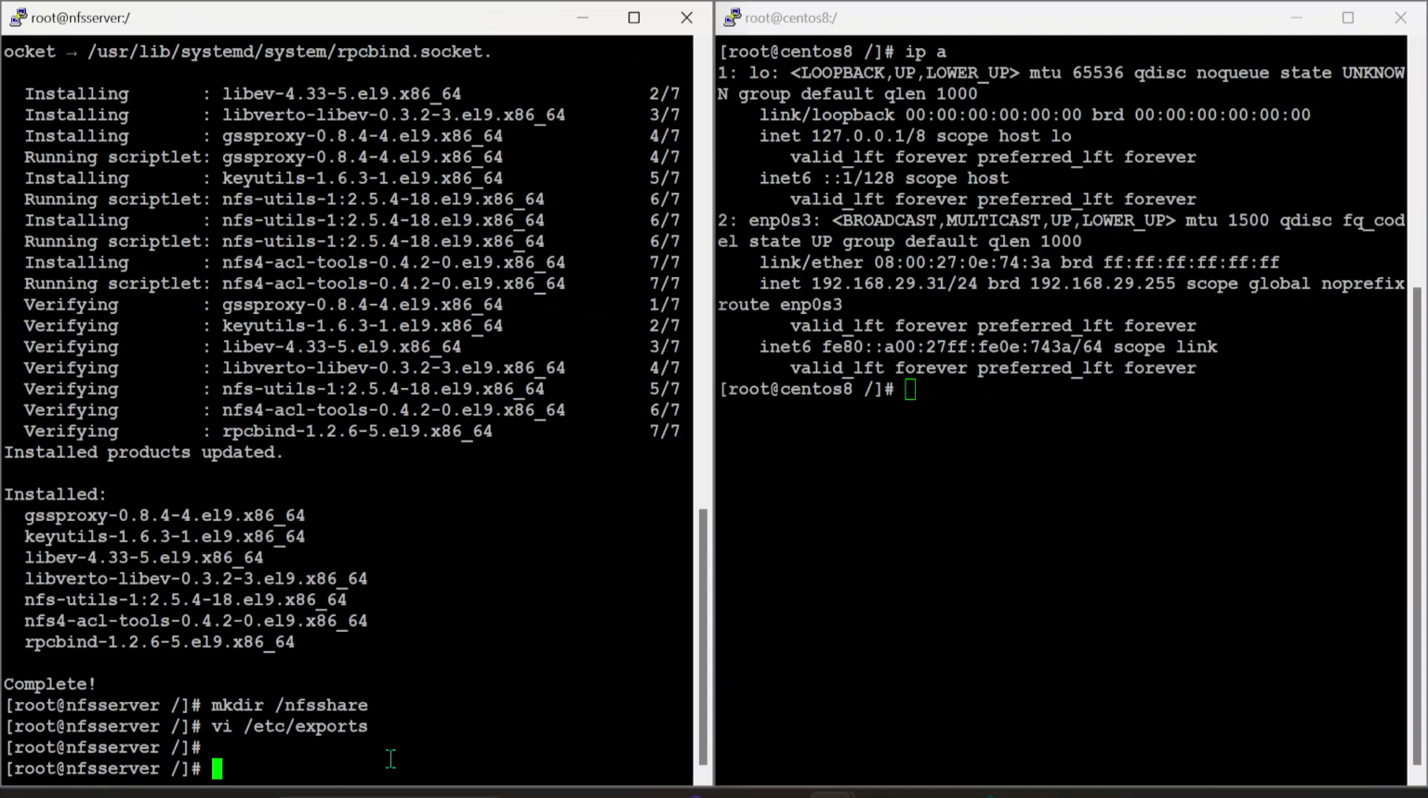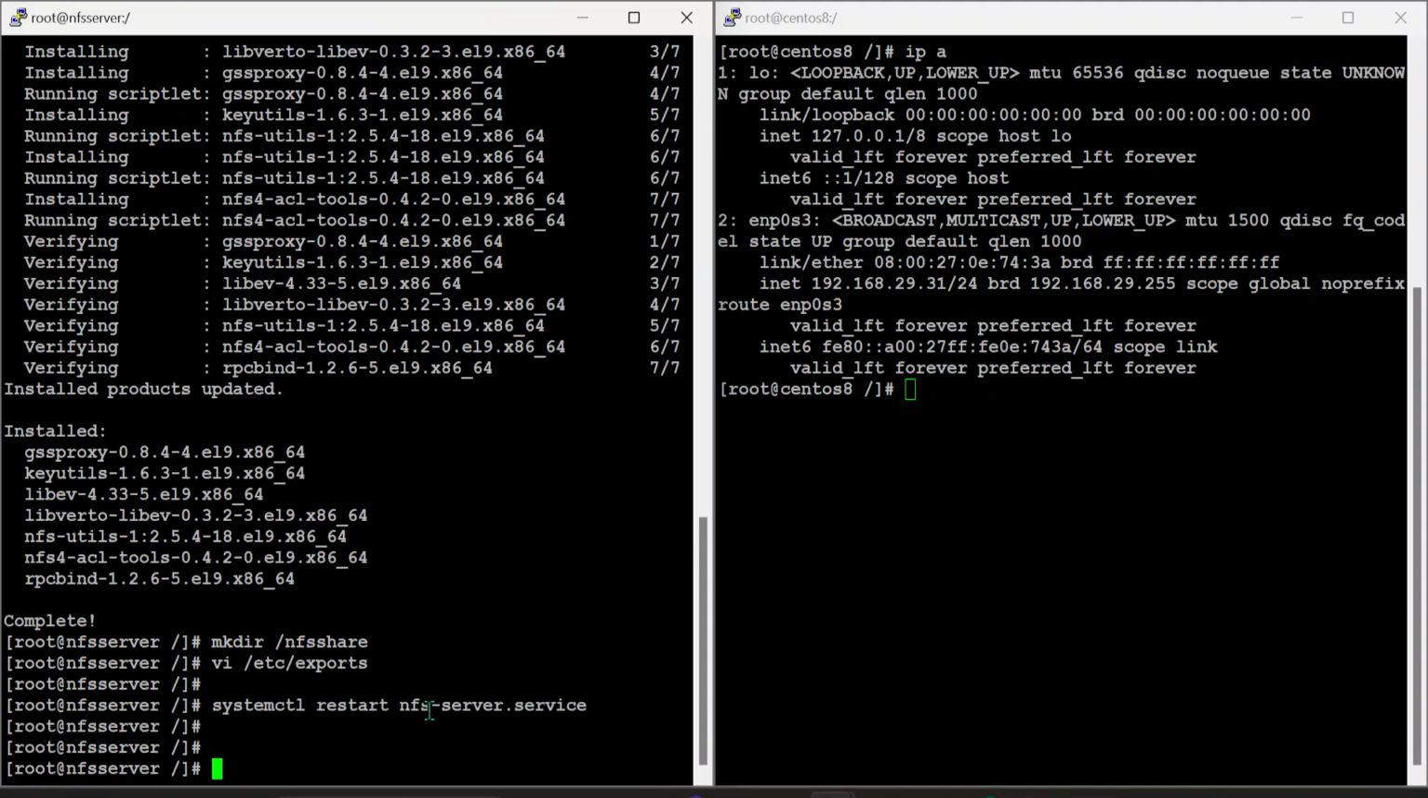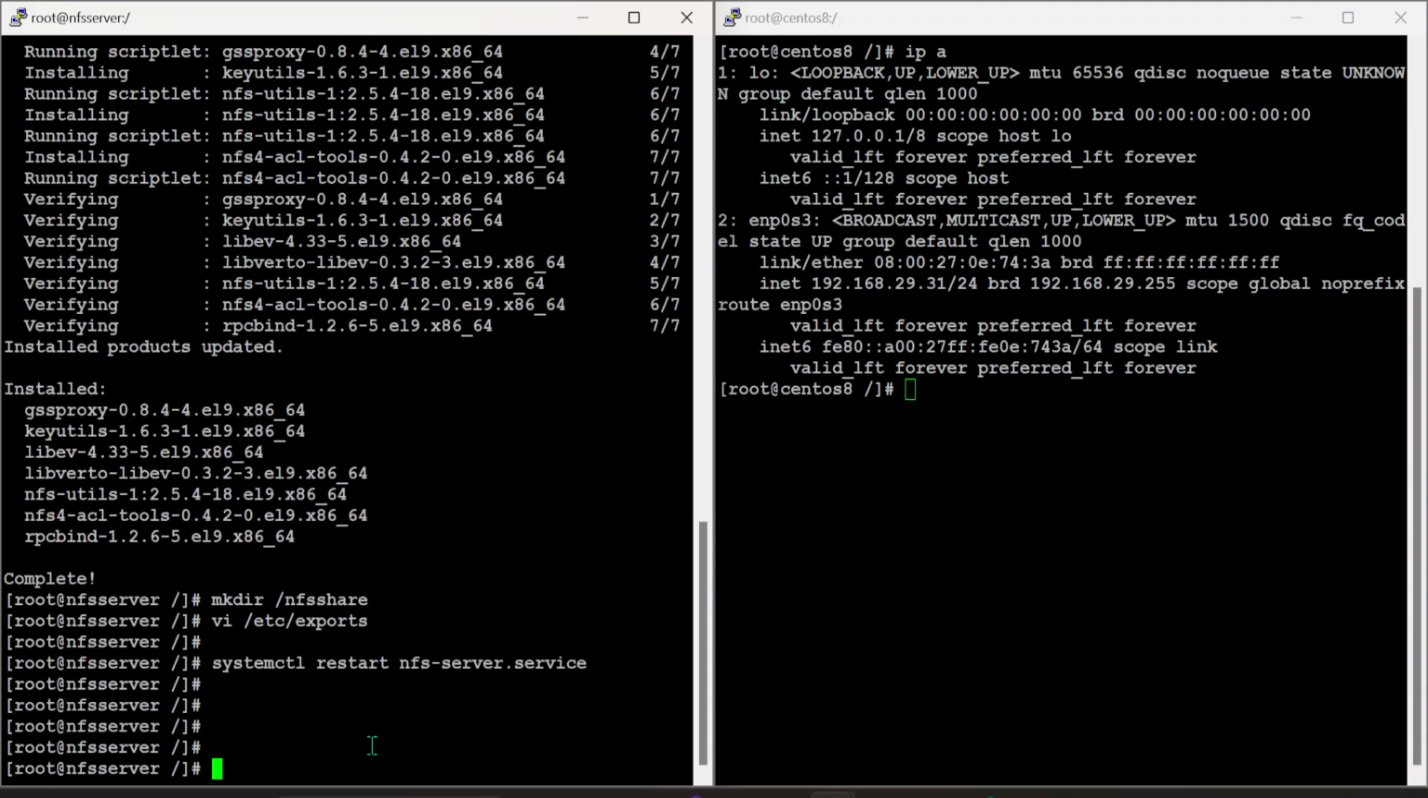Now we need to restart the NFS services, the NFS server service. We have restarted it. The NFS server setup is over, and we can mount the NFS share into the client server by the command